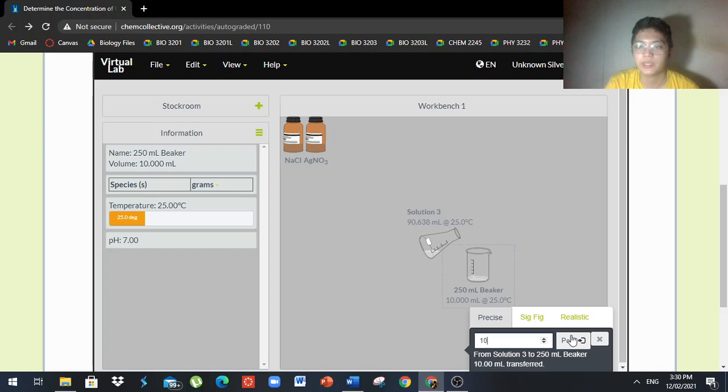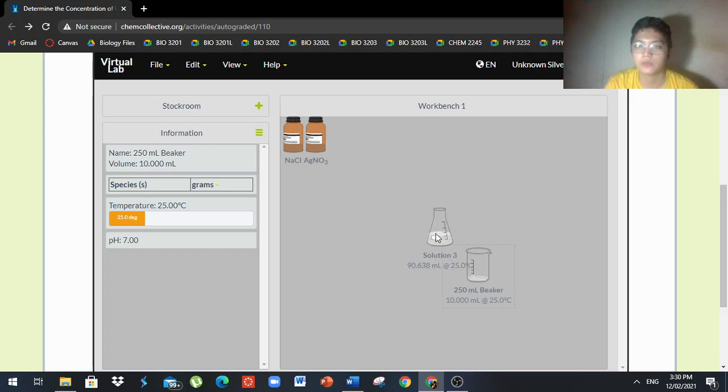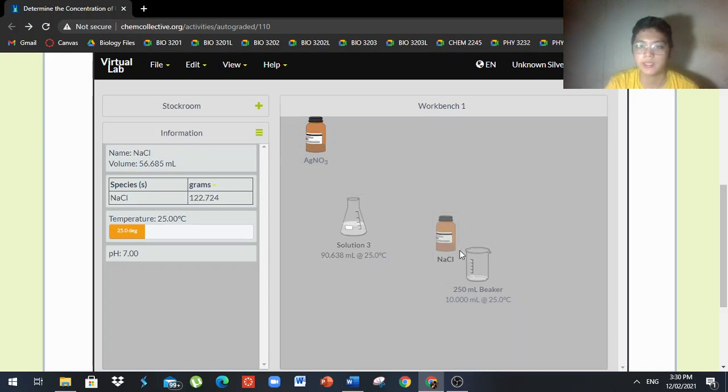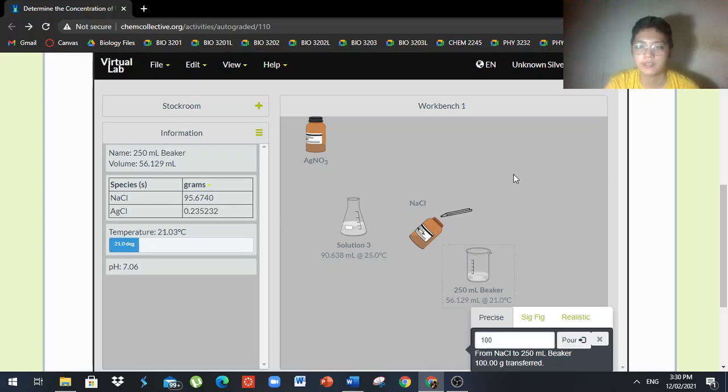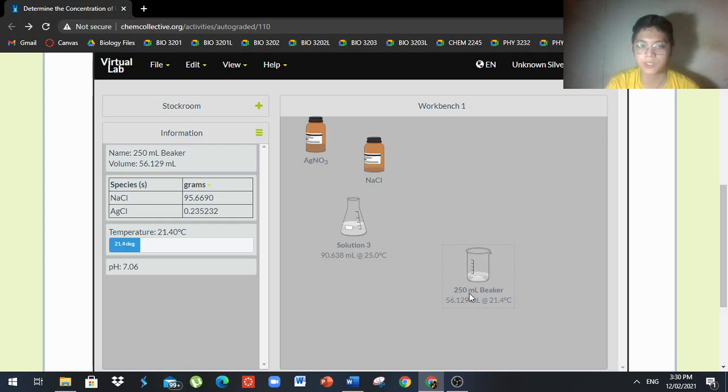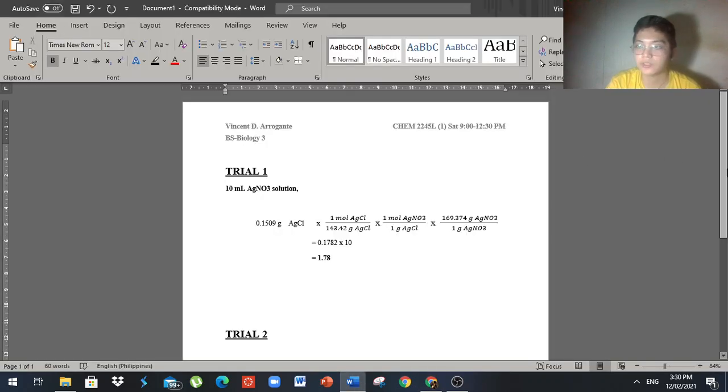After pouring it, we're also going to need the NaCl, pour it around 100. Then shake it. Different from the last trial, today's data is 0.2352. So we're going to input it in our trial 2,